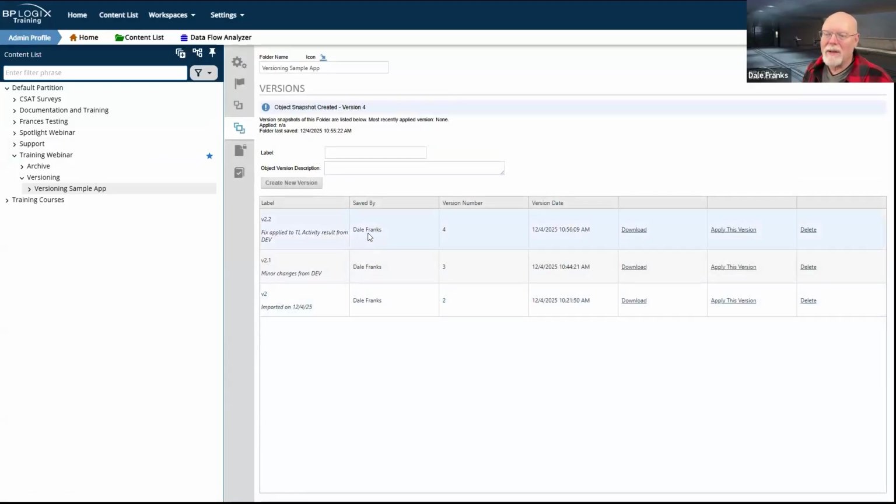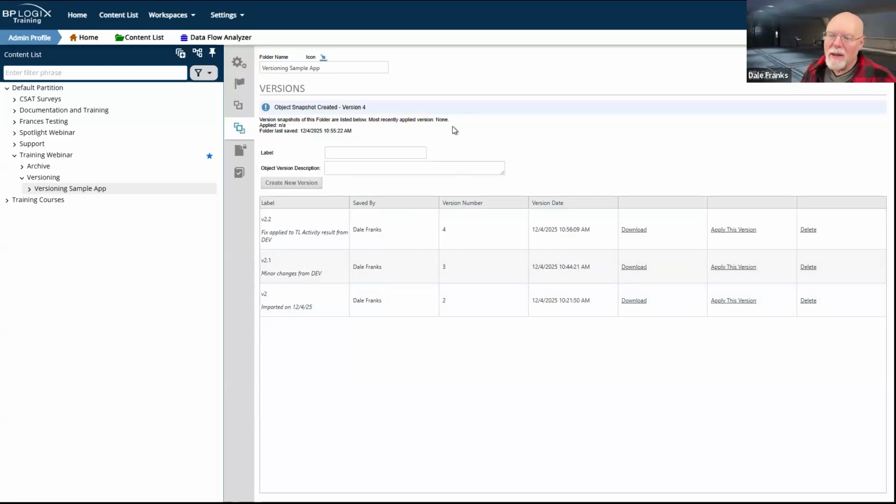And now my snapshot is version 4. Notice it says most recently applied version. It says none. What that actually means is, because I just imported the project, I'm on the current import. And so I have not applied any version to this folder.